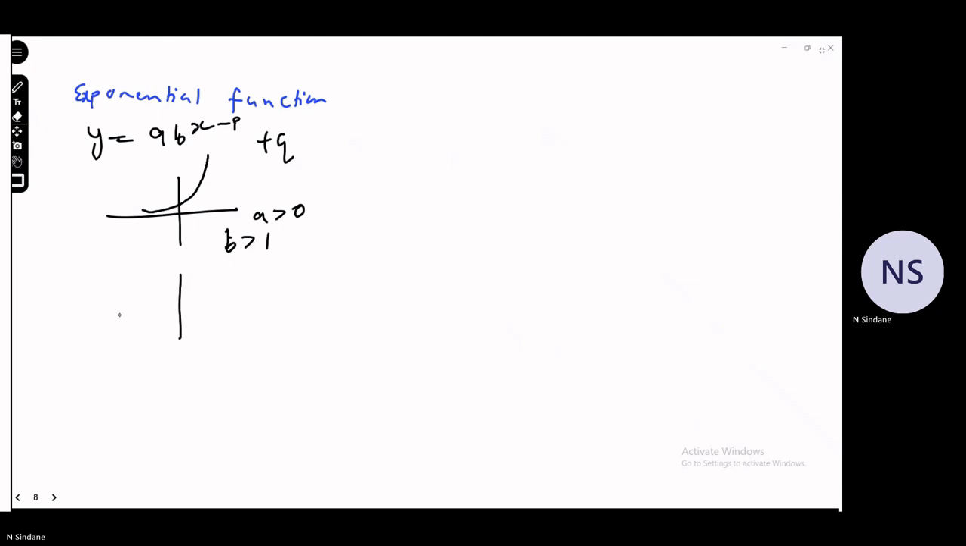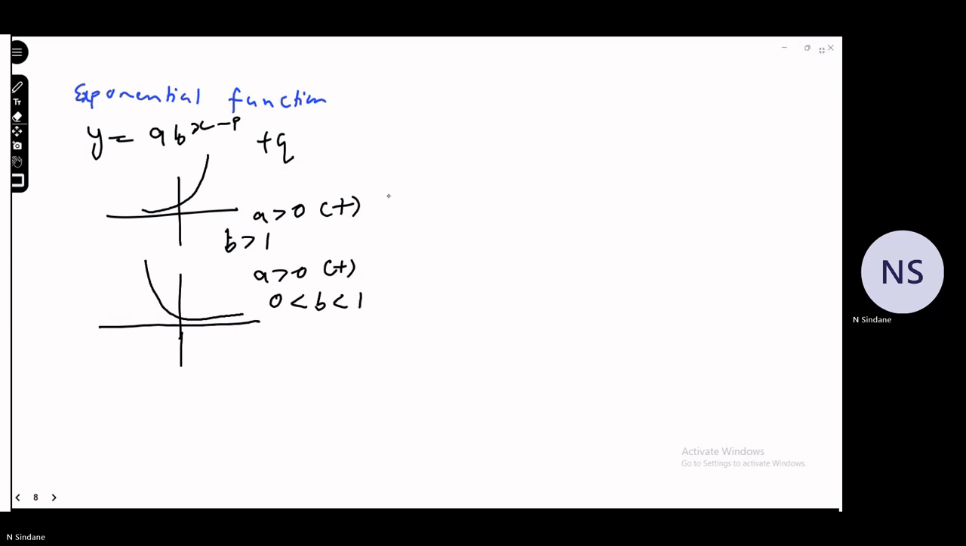And then if you get a graph that looks like this, know the value of a is greater than 0, meaning the value of a is positive, right? The value of a is positive, and b is in between 0 and 1,